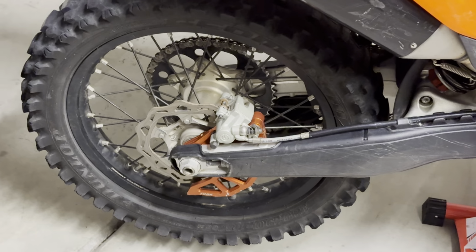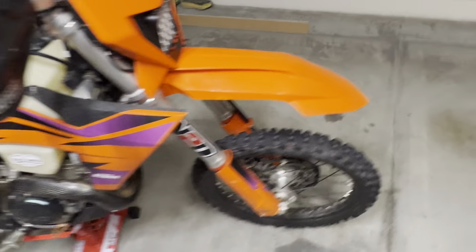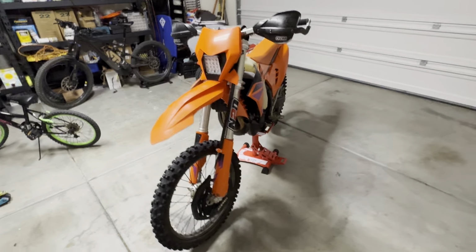There is a disc guard in the back. Then we did one in the front. This one's made out of plastic, but I think it does the job. Let's see, what else did we do? Oh yeah,